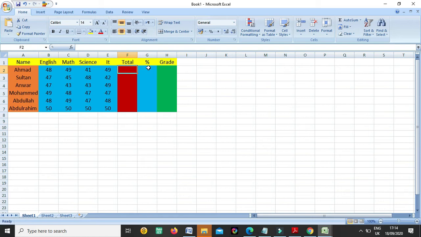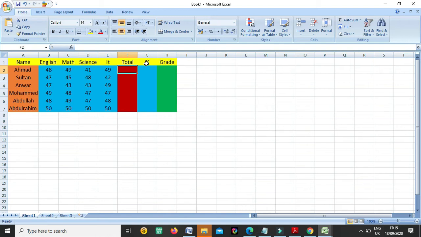So guys, we have to calculate the total for these marks. Okay, we are focusing on these marks for the total. So we have two ways to get the total. The first way, we select all these marks plus the total cell, and then click on Home and then click on AutoSum, so it will calculate, and then you can put it on another cells. Or we have another way with formula. It's very easy and simple.